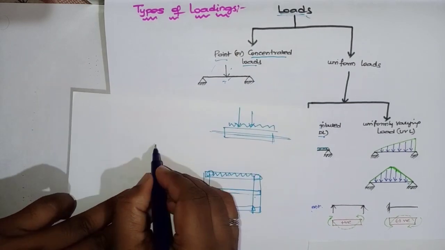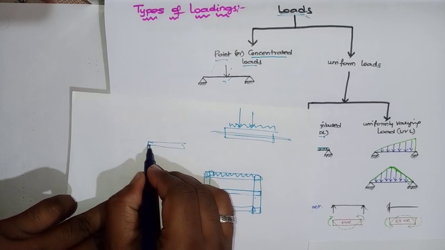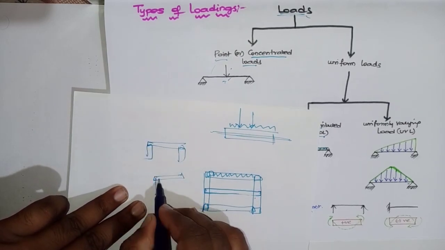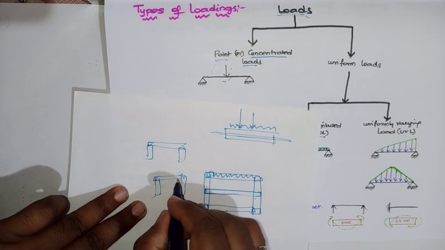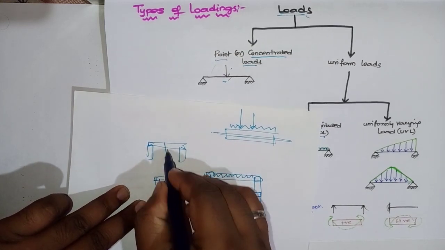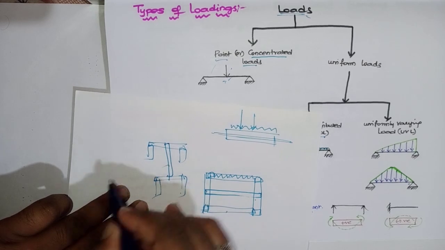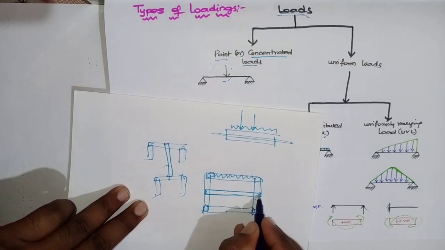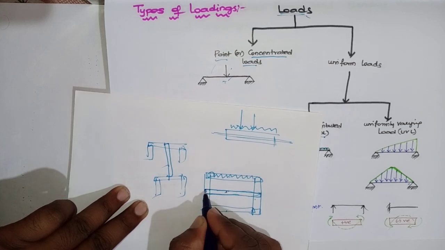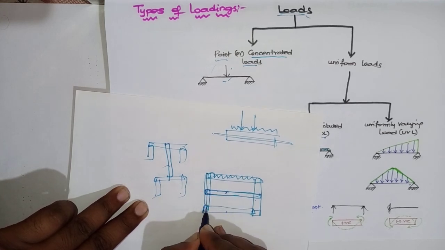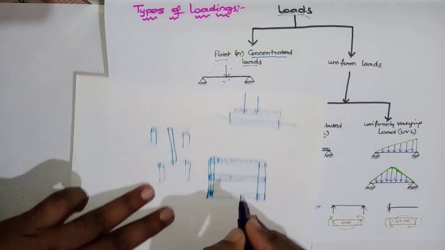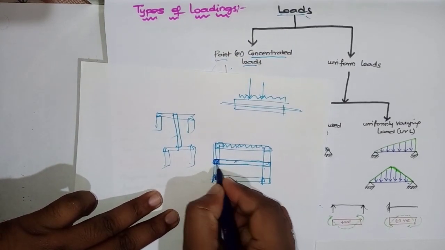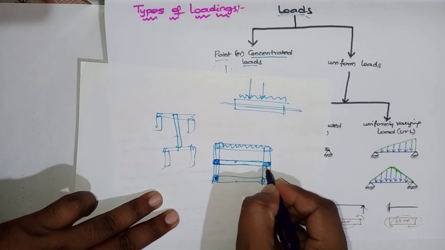Suppose the beam is directly resting on two columns, we call it a primary beam. Next, if the beam is resting on two other beams, then it is called a secondary beam. Now the load coming from this secondary beam will be acting as a point load on the primary beam. Is it okay? So that way the point load will be acting on the primary beam. Do you understand my point?